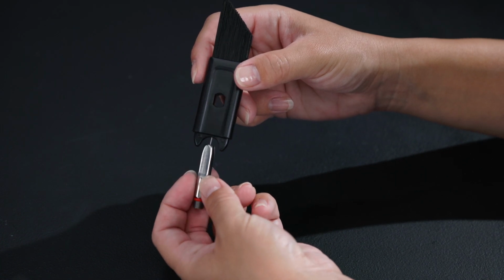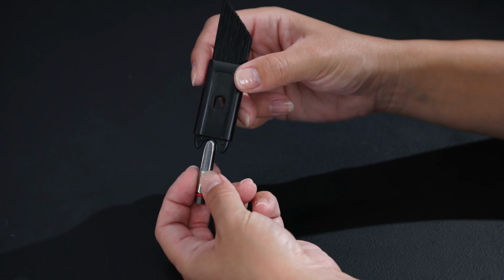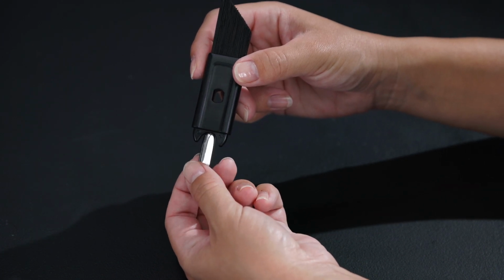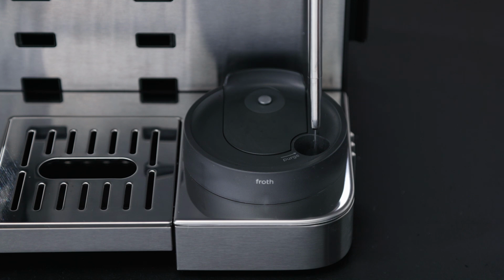If there's any residue, take the included cleaning brush and unscrew the tip. Clear out any buildup inside the wand and tip with the brush. When you put the wand back into place, it'll auto-purge. This feature is a game changer, using hot water to clean the inside of the wand to prevent any milk